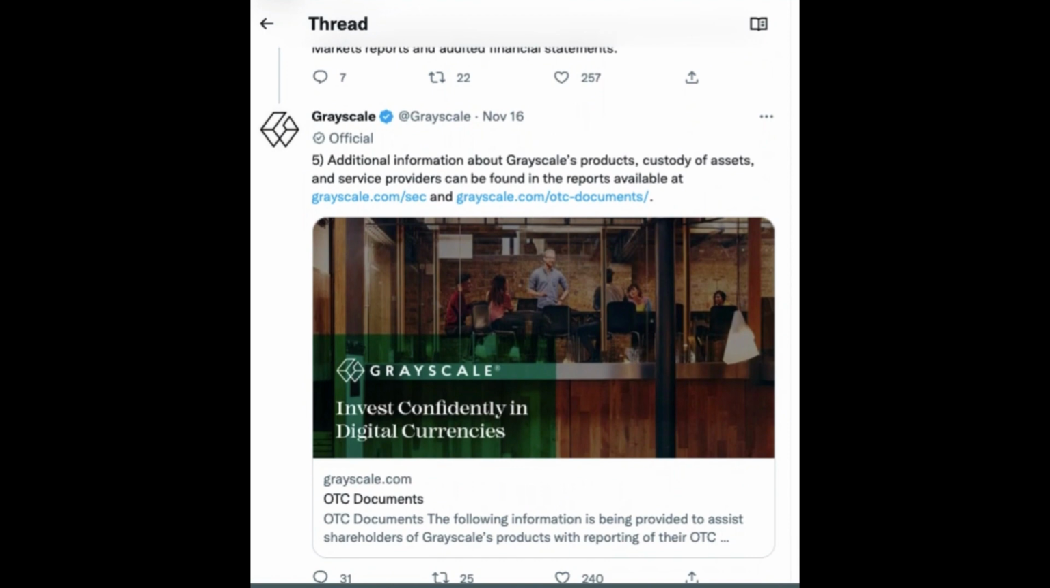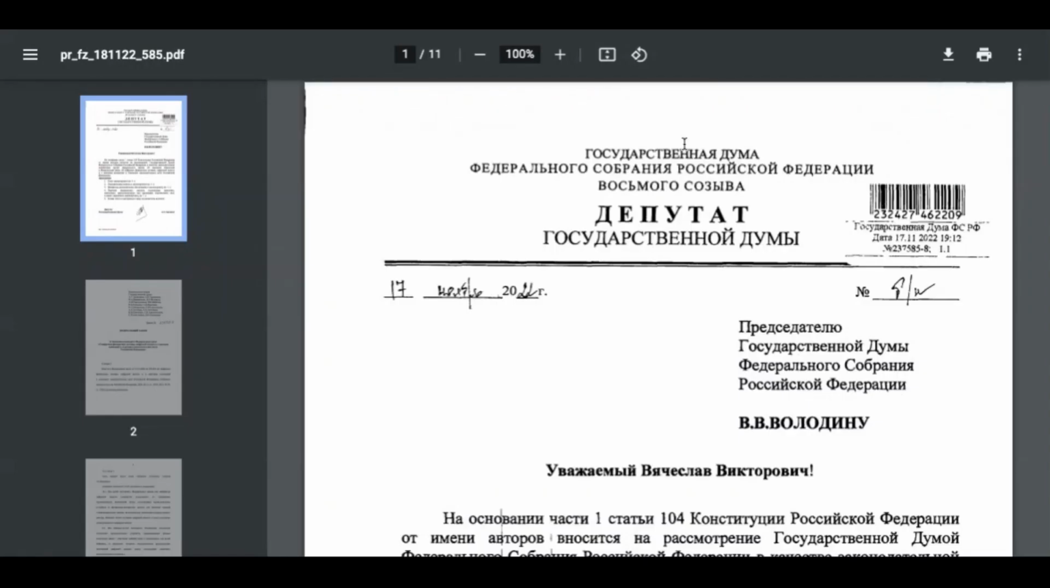grayscale.com/cc and grayscale.com/otc-documents. On November 17, a measure to legalize the mining of cryptocurrencies as well as the selling of the cryptocurrencies that have been mined was introduced into the Russian State Duma,